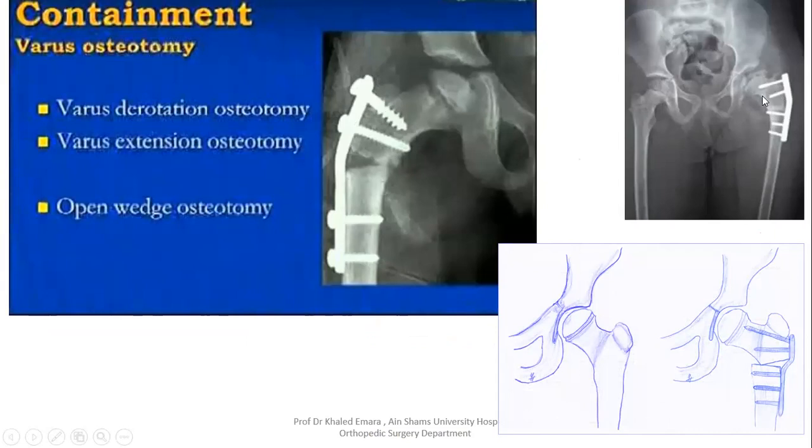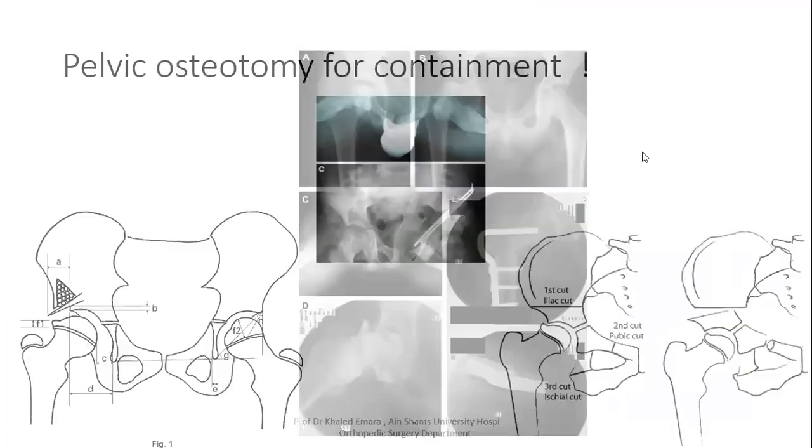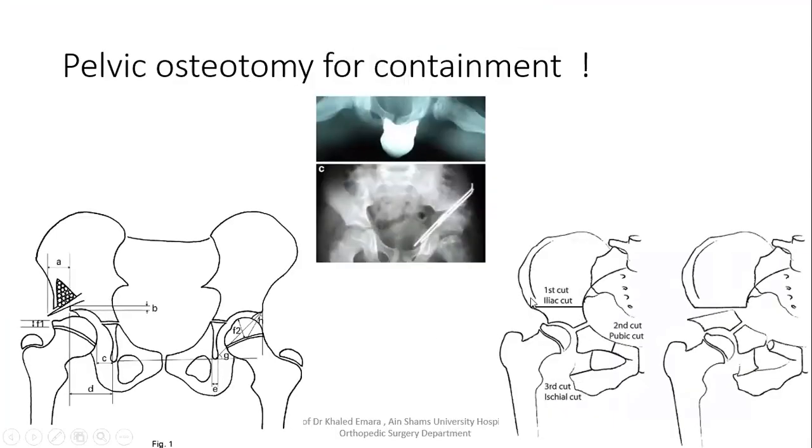On the other hand, this patient came to you because he has varus. So if you do a varus osteotomy, you're increasing the deformity, you're increasing the limb length discrepancy, you're increasing the Trendelenburg gait. What is the rationale? You are just following a theory that says containment will make the head better, which doesn't make sense, as I was explaining. So varus osteotomy doesn't make sense. Also, pelvic osteotomy. If you are telling me that I will do pelvic osteotomy to contain this head with this osteophyte inside the acetabulum, that will create arthritis, that will create friction and more pain for this patient, not less pain. So containment in Perthes disease